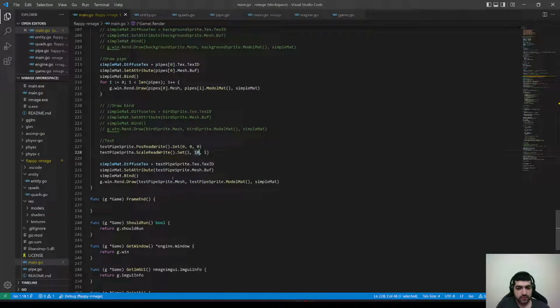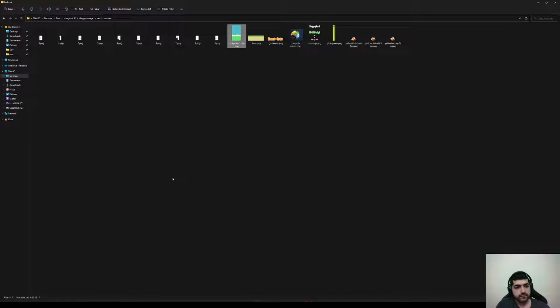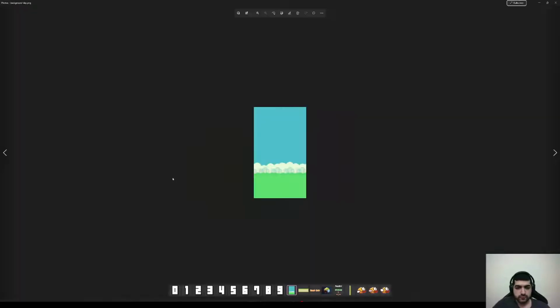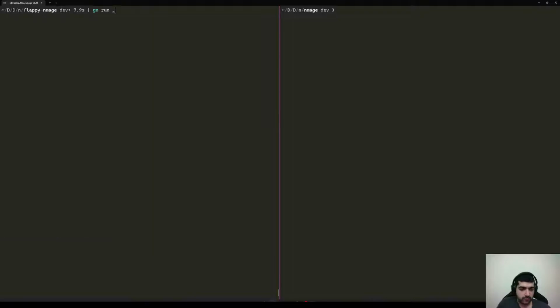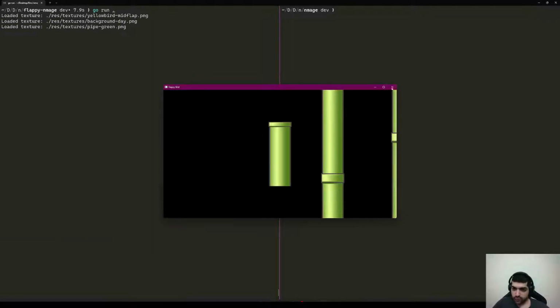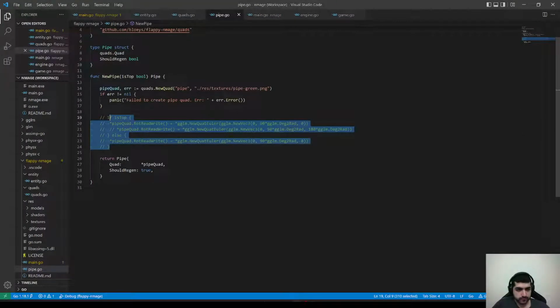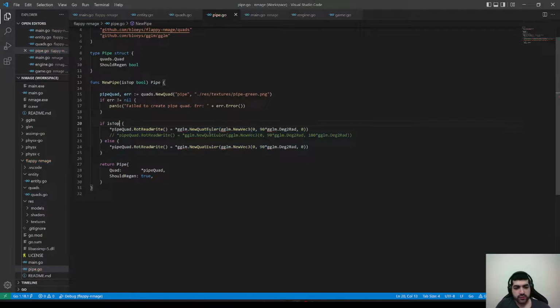Let's scale it to like 5. Yeah, so it's pointing up by default. Let's apply these magical rotations to it. So we're rotating Euler